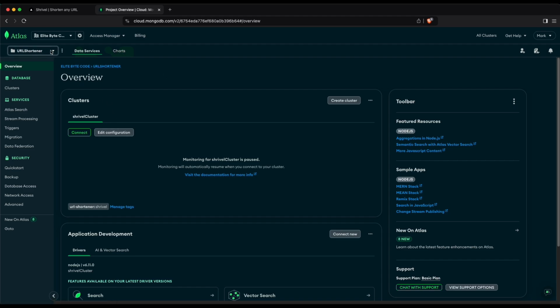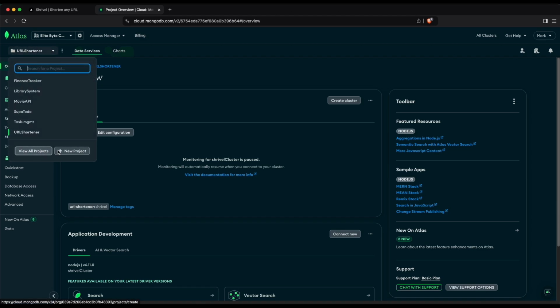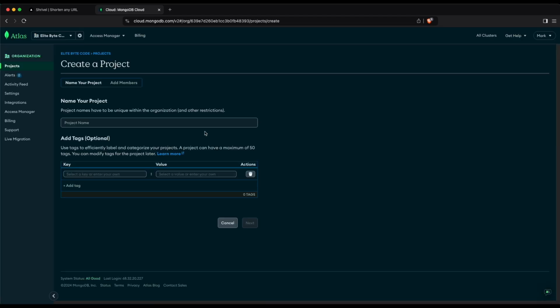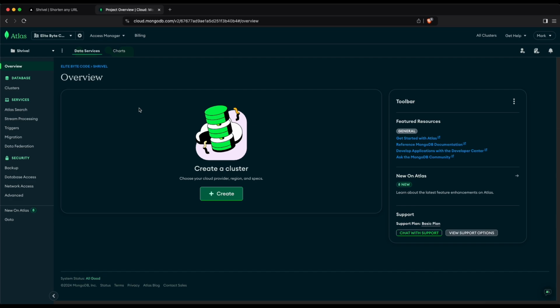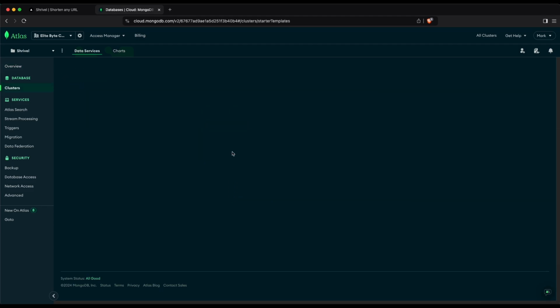Let's go ahead and add a new project and call it Shrivel. All right. Then press next. Then create project. Now, once you've created a project, go ahead and create your first cluster. Now you need to remember these names because you will need them. So the cluster,